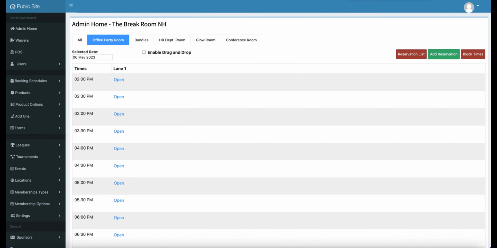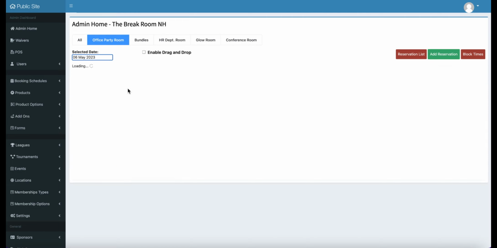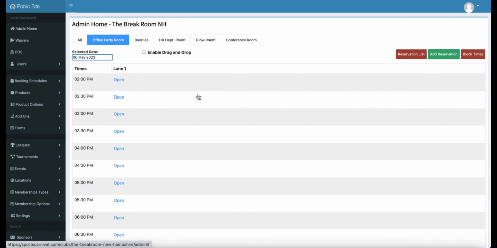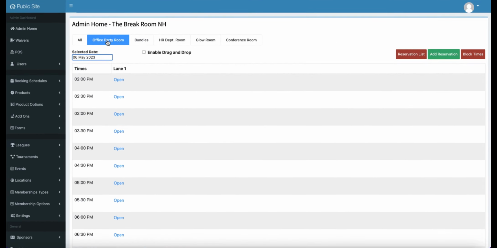Here's a quick tutorial to show you how you can block off times on a specific date. So what we'll want to do is inside the admin home, find the date that you would like. You can go here and select any of the dates. We'll select the 6th. And in this example, we have office hours from 2 to 9 in the office party